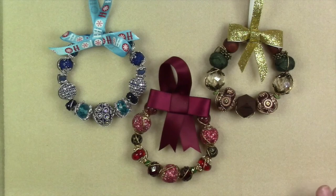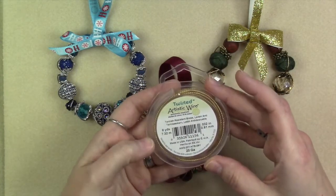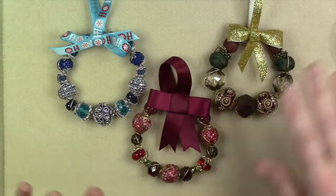Today we are creating these easy but beautiful beaded wreaths using beads from the Winter Wonderland collection from Jesse James Beads. All you need is your favorite strand or all of the strands and some 20 gauge or 18 gauge wire. I'm using some 20 gauge twisted artistic wire that you can get on jessejamesbeads.com, as well as all of